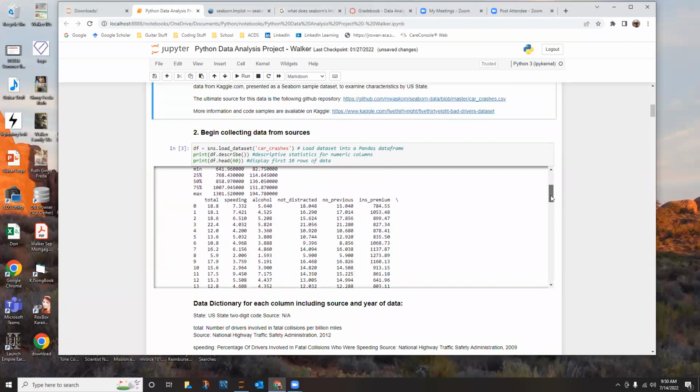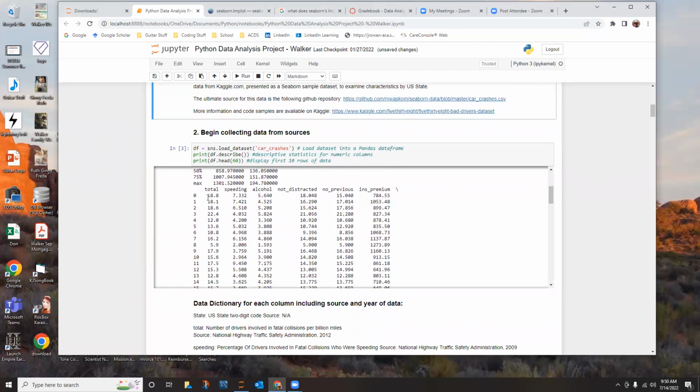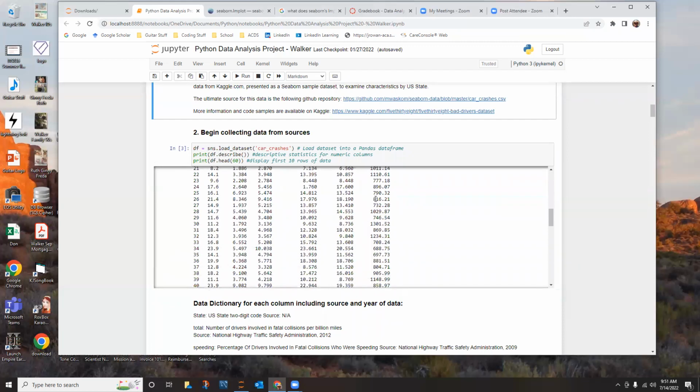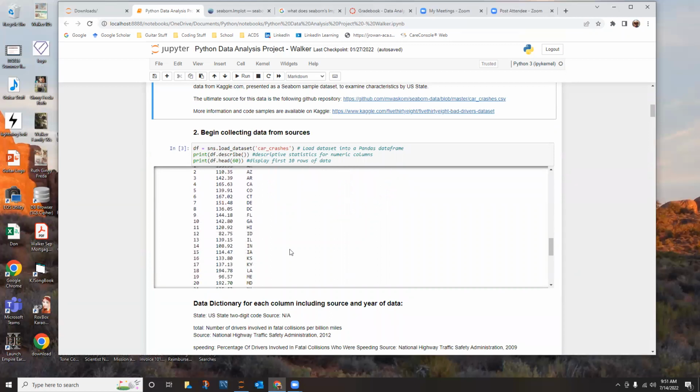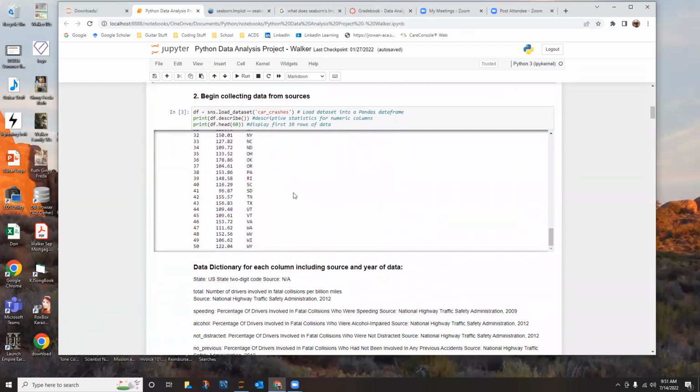So here is the data itself. There's a total column, a number speeding, a number where alcohol was involved, a number where they were not distracted, whether they had no previous accident. And these are aggregate statistics. These aren't individual observations. It's aggregate statistics by state. And then we have the insurance premium and insurance losses for each state, Alabama through Wyoming. So that's the car crashes data set